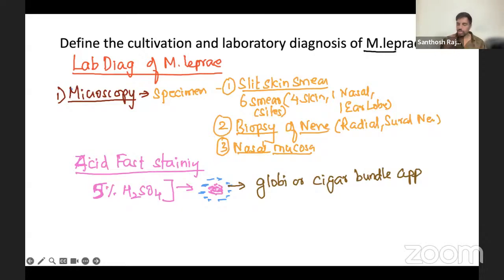Okay, this is the first, microscopy. You're going to write it all in detail like this. You have to write all these things for Mycobacterium leprae. Okay, then next one,